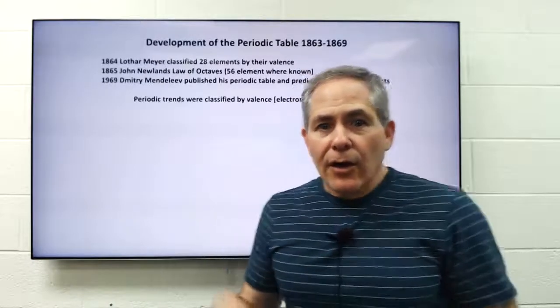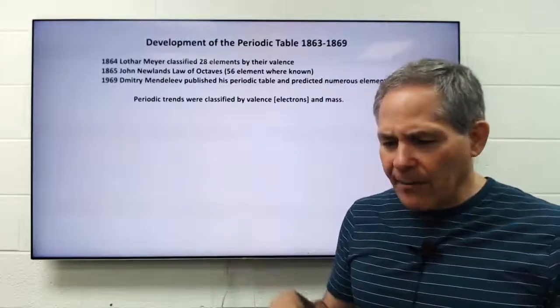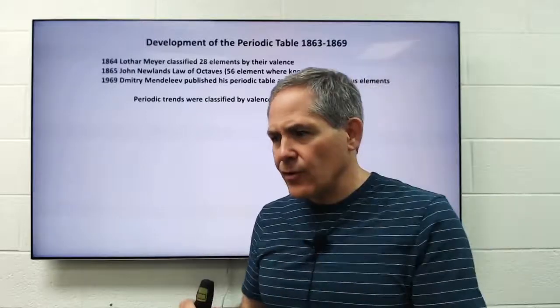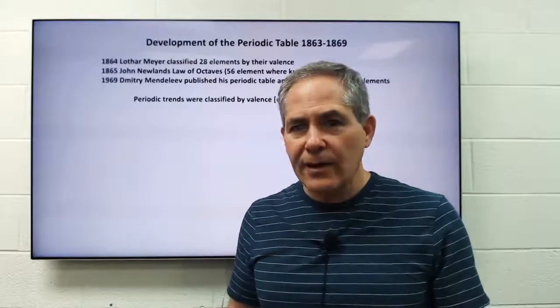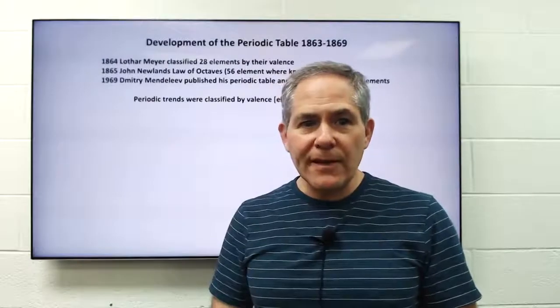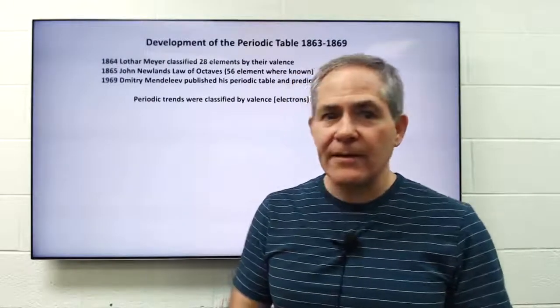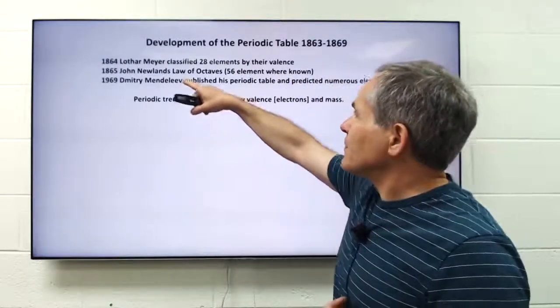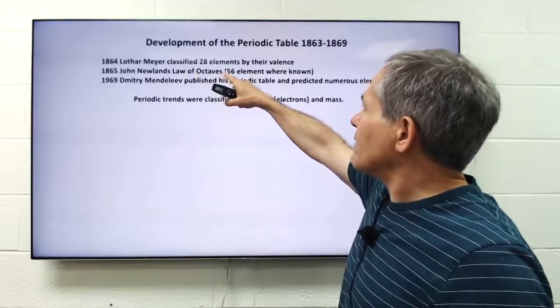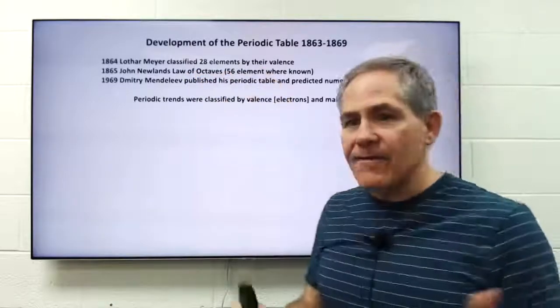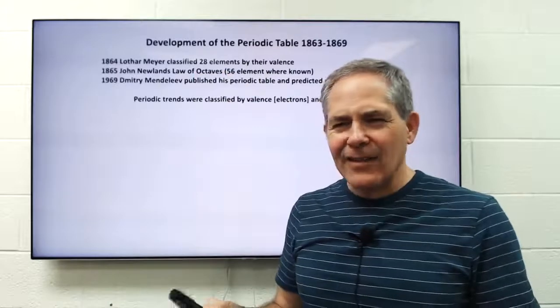Okay. Now, we've been talking a lot about physics and electrons. What were the chemists doing during that time? Well, you would see that the chemists were very busy. So by 1864, Mayer already classified 28 elements by their valence. And it's interesting because